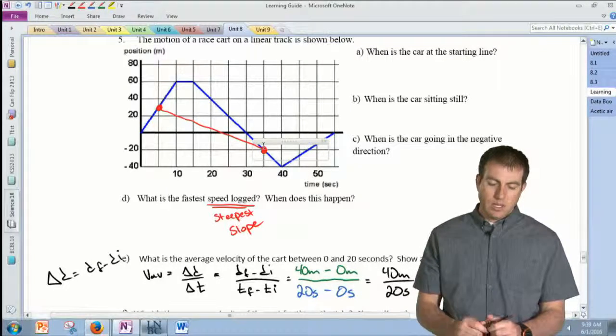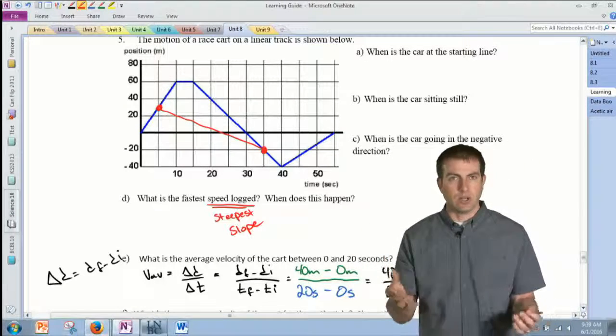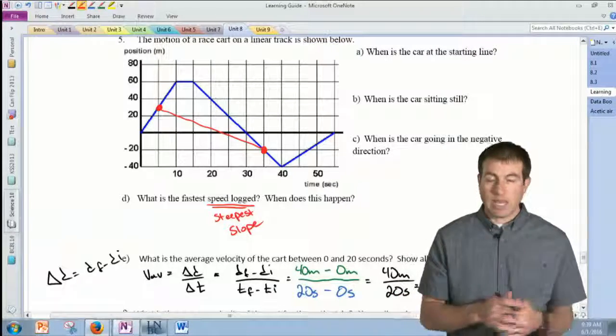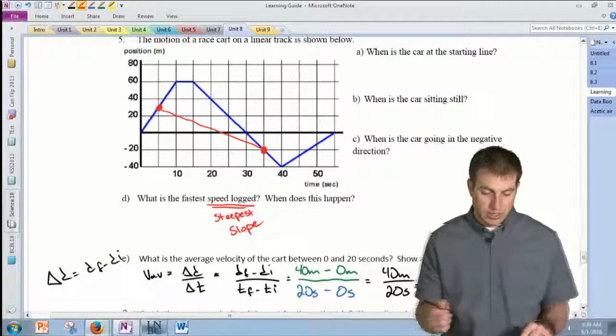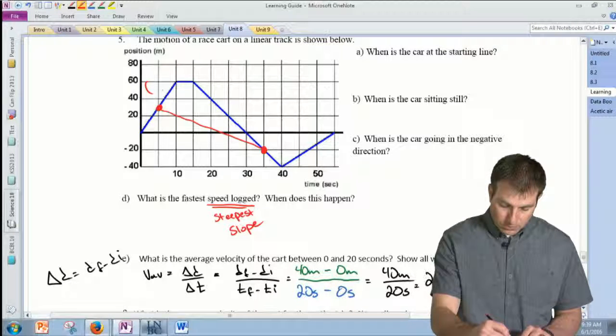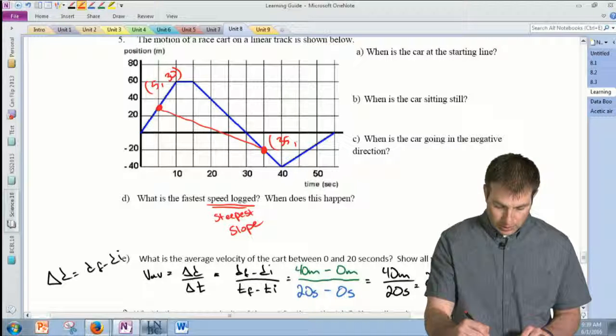Just because I don't want you to fixate on this entire trip being 0 average velocity. It's just kind of the way it worked out. So we could ask any 2 time intervals. You're going to find the coordinates essentially. So this is going to be 5, and this looks like at about 30. And then I'd go down here, and this is 35, and that's looking like negative 20.